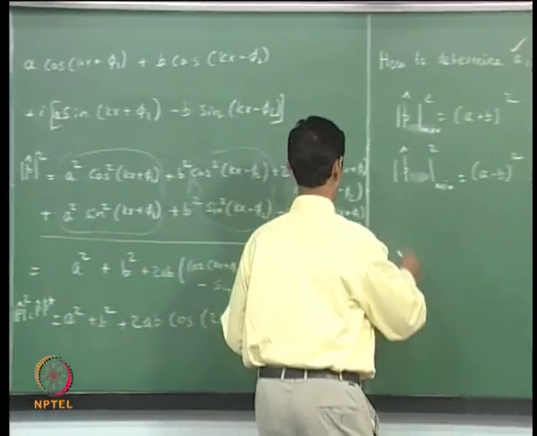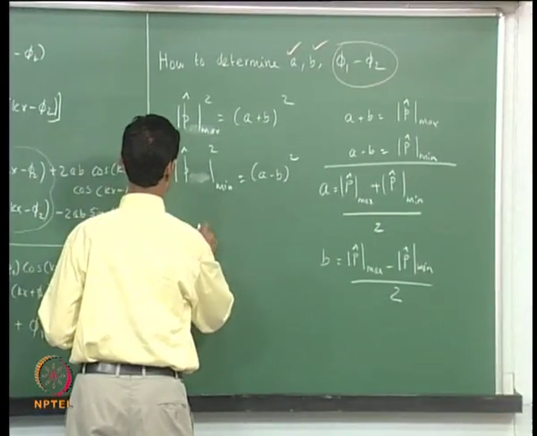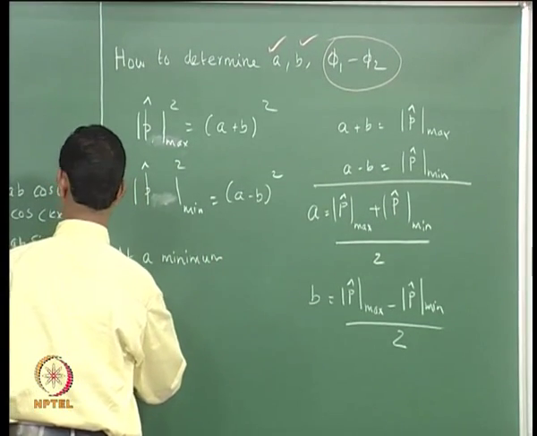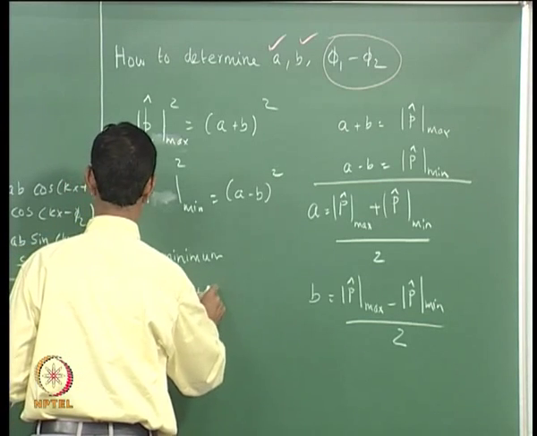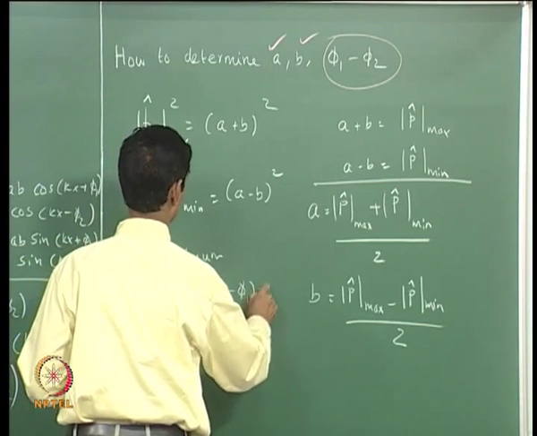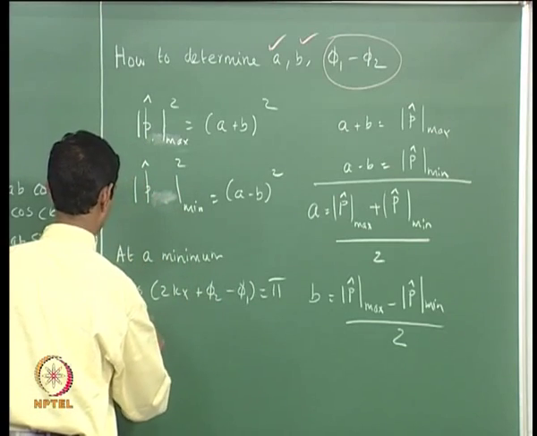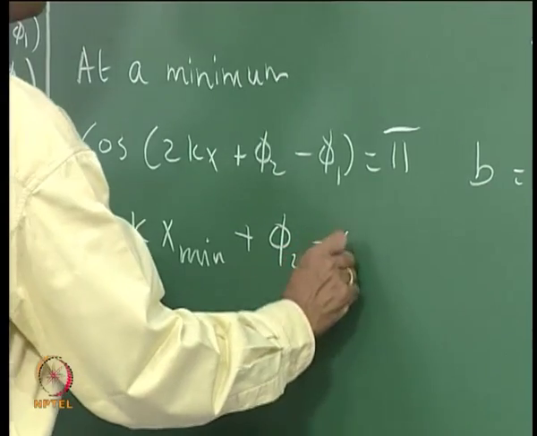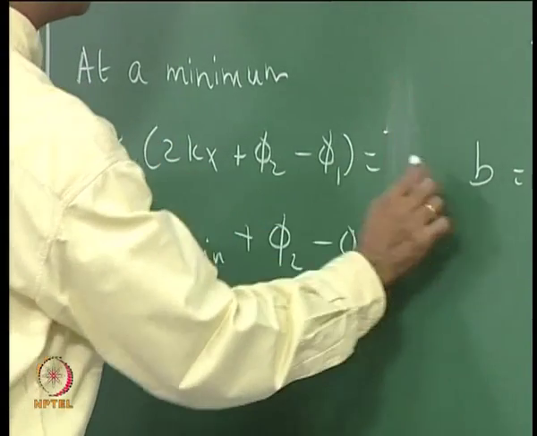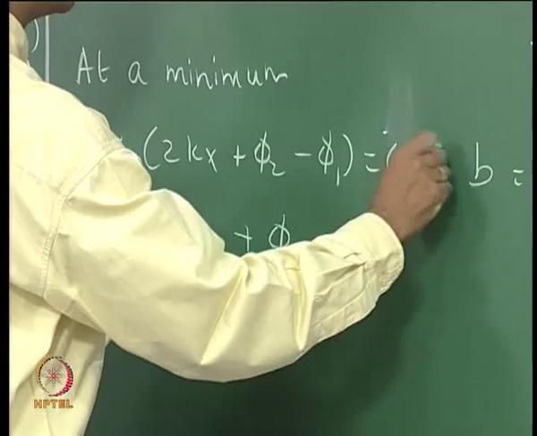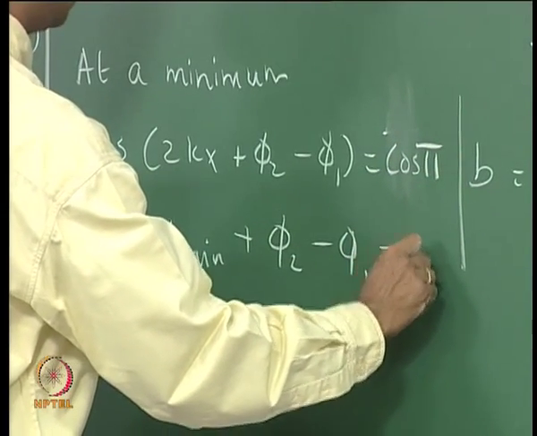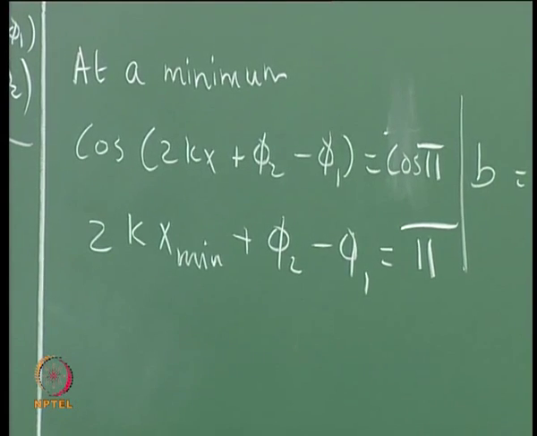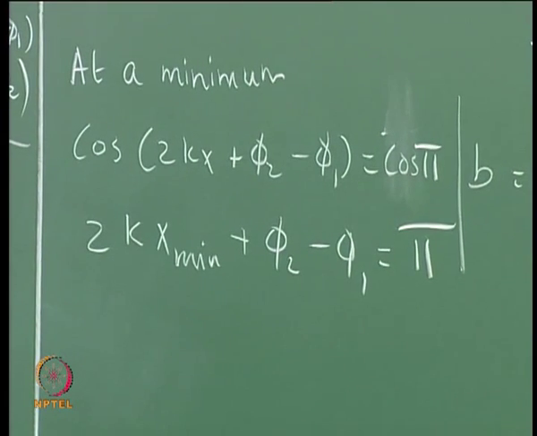So you can say at a minimum, cos of (2kx plus phi2 minus phi1) equal to pi, or 2kx min plus phi2 minus phi1 equal to pi. Now you could use the maximum also, but in general in a wave it is much easier to determine